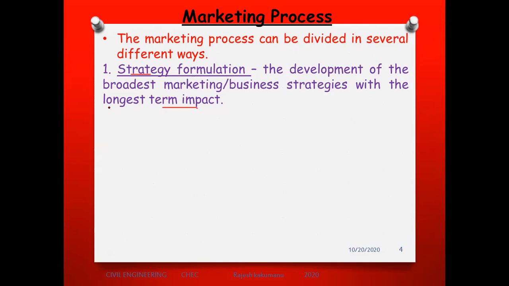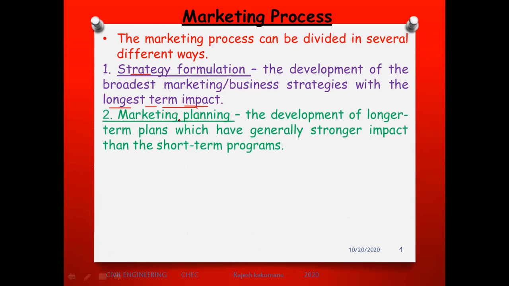Whenever you are doing or keeping a business in a town or a locality, you have to see the impact of the business. So you have to show the difference to the public on what strategy you are keeping the business. Means the developmental growth, the marketing strategy, consumers, how you are attracting, the advertisement, how you are giving. All these things you have to keep in mind for the longest term. Means the long period we have to think and we have to act it. That is the first marketing process.